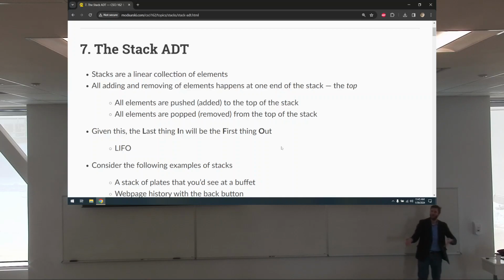And when someone comes back with a clean plate, where are they going to put it? On this giant pile of very heavy plates. Where are they going to put it? On the top. All of the action happens at one end. There's two ends. There's a bottom of the stack and the top of the stack. But all of the adding and removing is happening at one end of the stack. That's a stack. And you're actually familiar with stacks. You've been using them